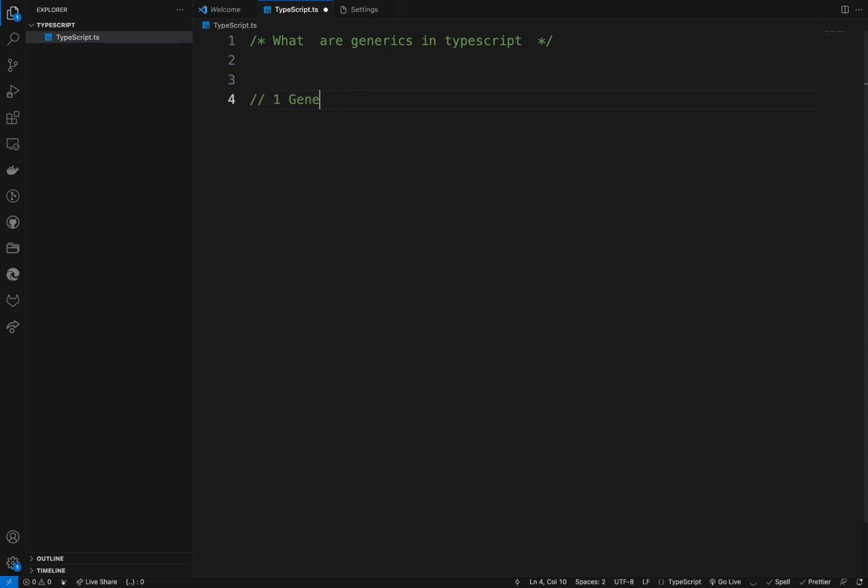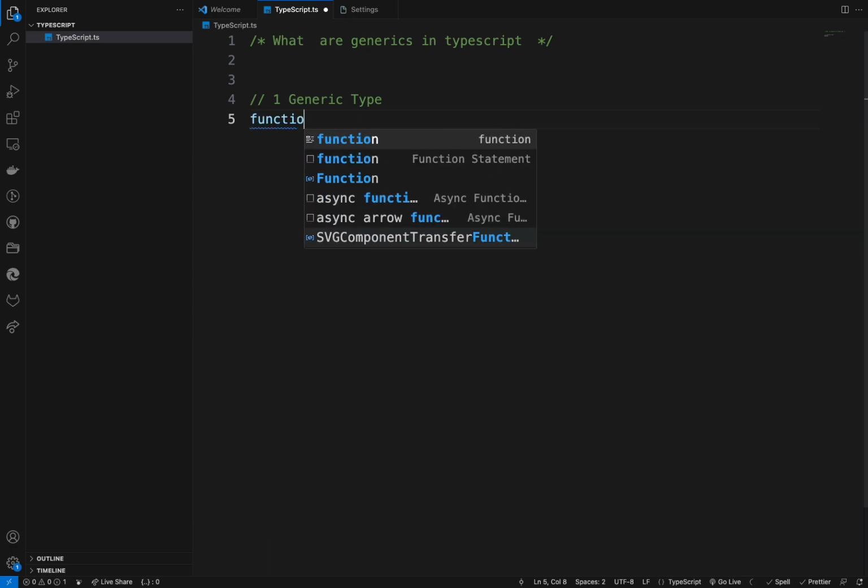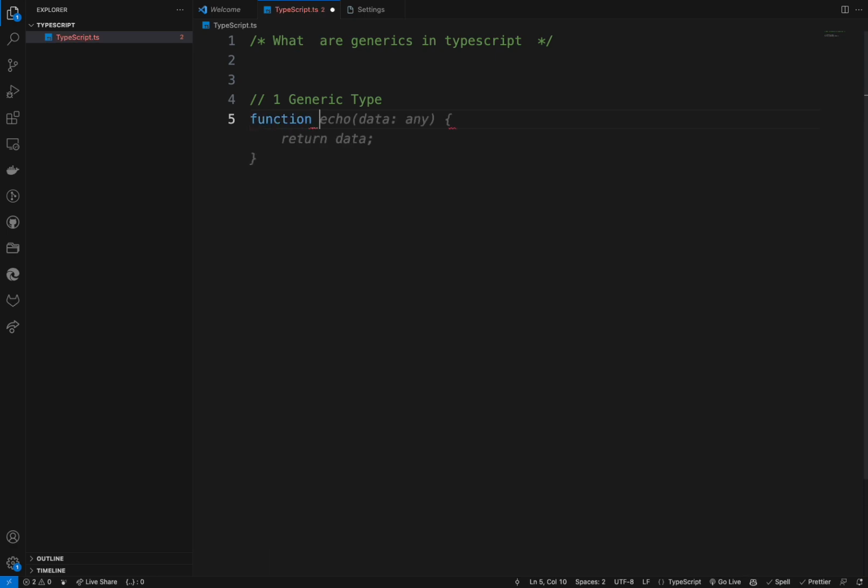Let's call the generic type, and let's just try a function, identity. Let's call it identity. Yeah, it's something like that. And if we want to use this generic function, we can write const result equals identity string, hello world. And here you can define generic types by using the angle brackets,